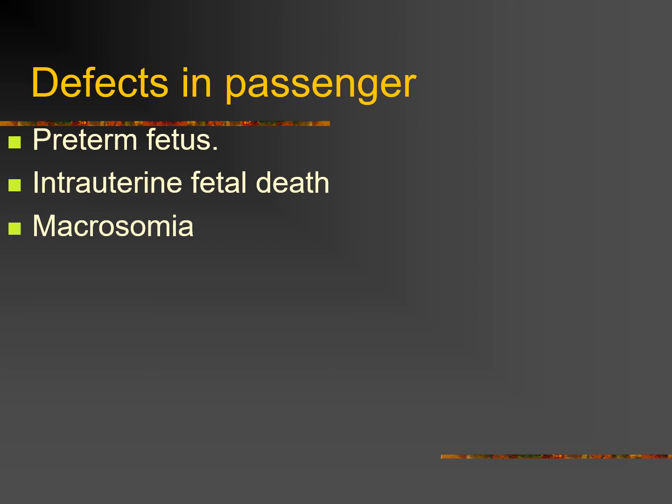And if a large baby is there, there is a chance of accommodating the widest diameter. The baby, instead of coming to the anterior narrow diameter, may go to the transverse or other positions. Next is multiple pregnancy. If two babies are there, one baby may be in the normal position and naturally the other baby may occupy the abnormal position. And if two babies are in the same cephalic position also, one baby will be in the normal anterior position, and in the anterior position two babies cannot get accommodated, so the other baby will be in the posterior or in the lateral position.